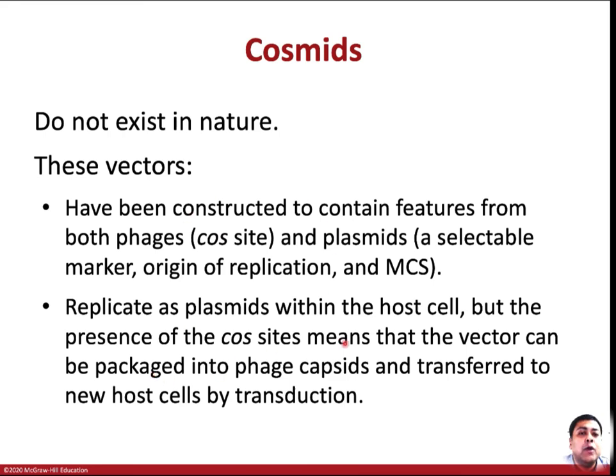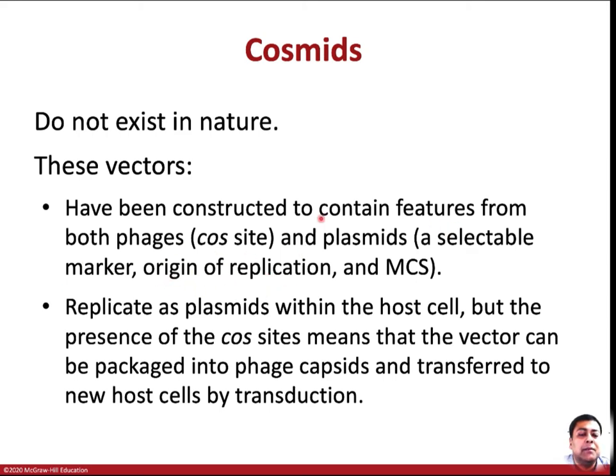coli with the cosmid, which includes your gene of interest. So basically, you are using the bacteriophage to insert the DNA of your interest along with that cosmid into the E. coli. Now, once that transduction is done, it can be maintained in the E. coli, because remember that cosmid also does have an origin of replication for E. coli,